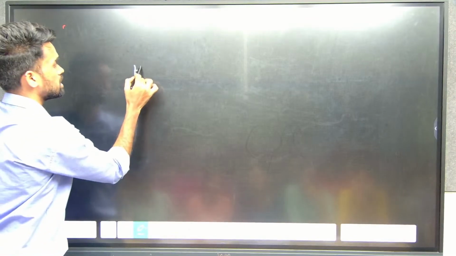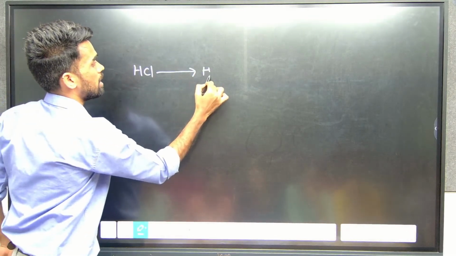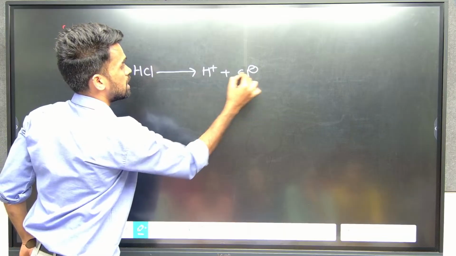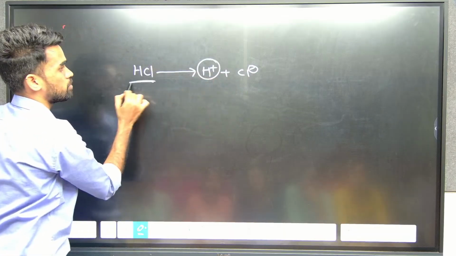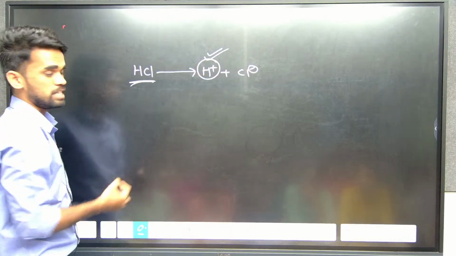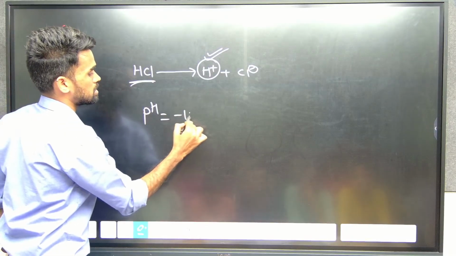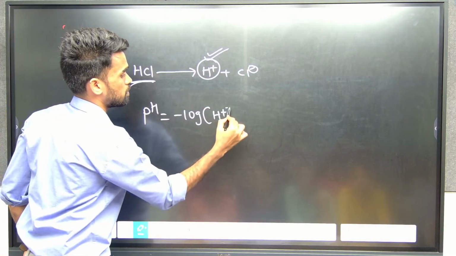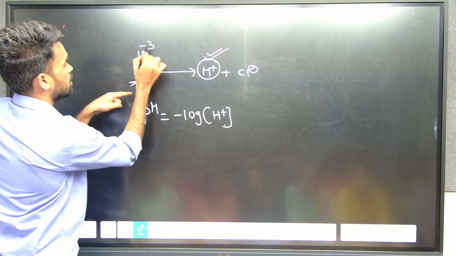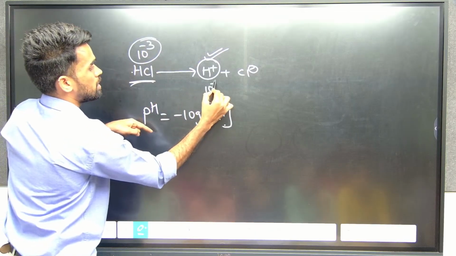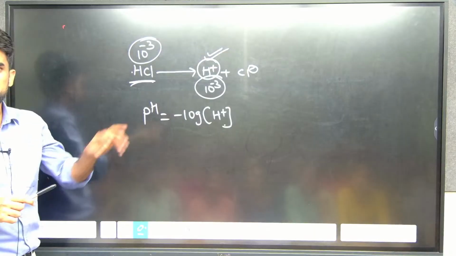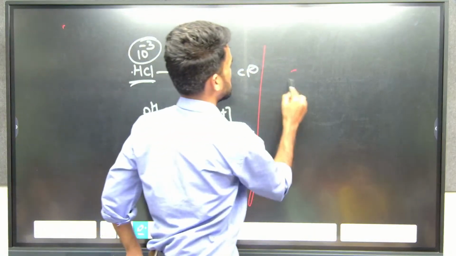See, if I say strong acid or strong base, that will be 100% dissociated like this. That's why whatever the concentration of acid I am giving, that is applicable for H plus. So for pH we write minus log concentration of H plus. If I say 10 power minus 3 for HCl, the same value will be there for H plus also. But if I give you acetic acid,